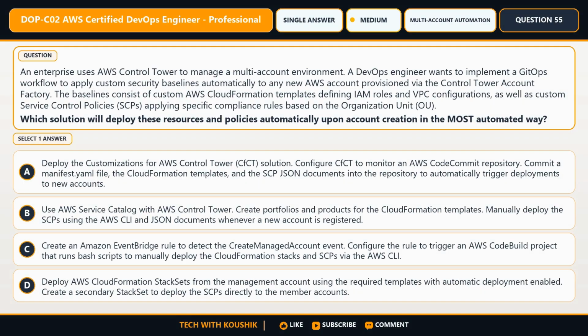Next, question number 55. An enterprise uses AWS Control Tower to manage a multi-account environment. A DevOps engineer wants to implement a GitOps workflow to apply custom security baselines automatically to any new AWS account provisioned via the Control Tower account factory. The baselines consist of custom AWS CloudFormation templates defining IAM roles and VPC configurations, as well as custom service control